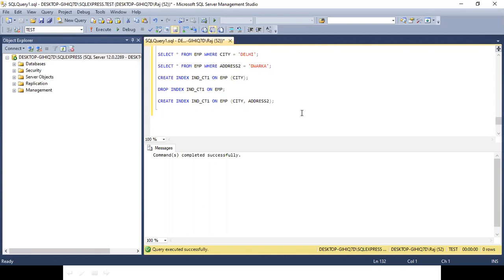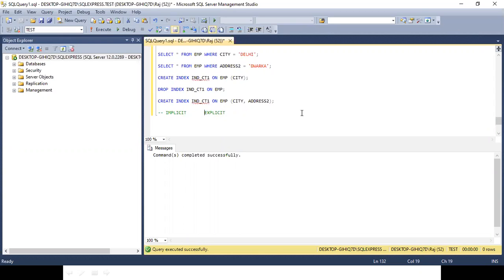Okay. So there are two types of indexes: implicit and explicit.